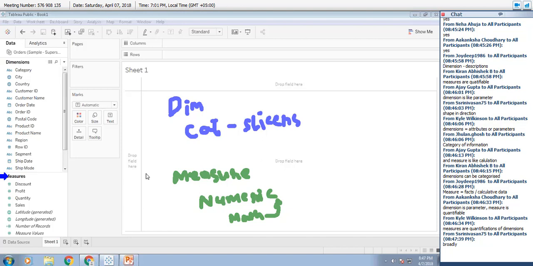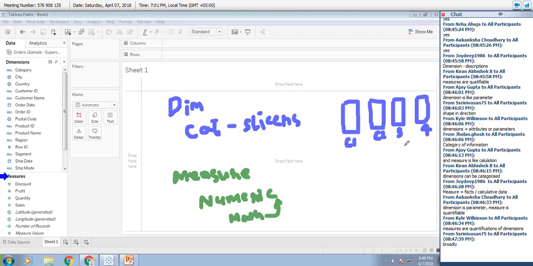Tableau has an inbuilt algorithm by which it puts various columns of your data source under either dimensions or measures. Say I ask you to get 4 chocolates. So you get 4 different chocolates. You can individually tell this is chocolate 1, this is chocolate 2, this is chocolate 3, and this is chocolate 4. Everyone agrees?